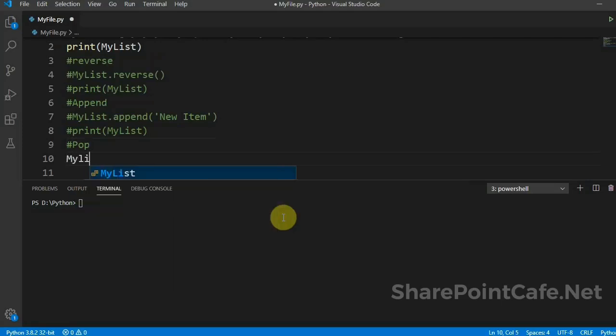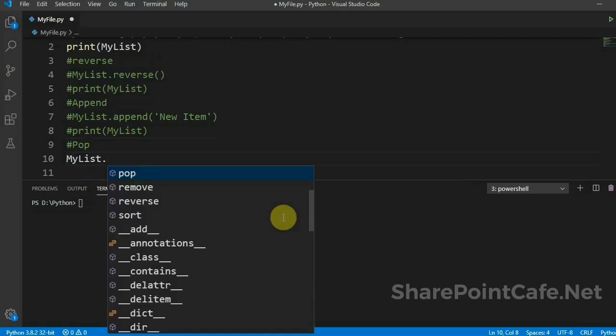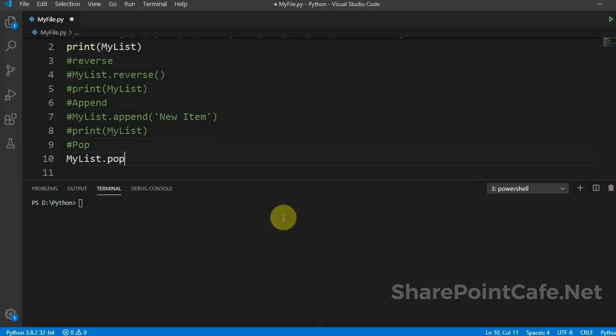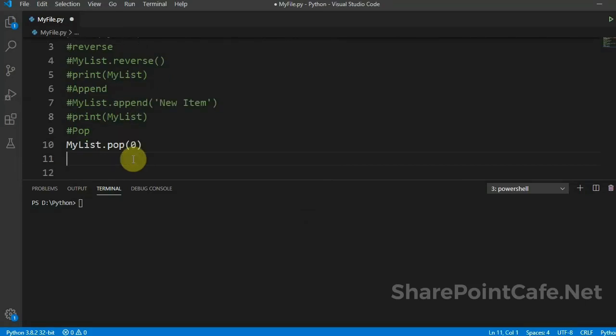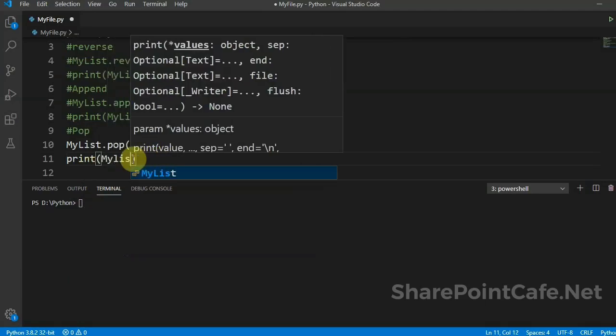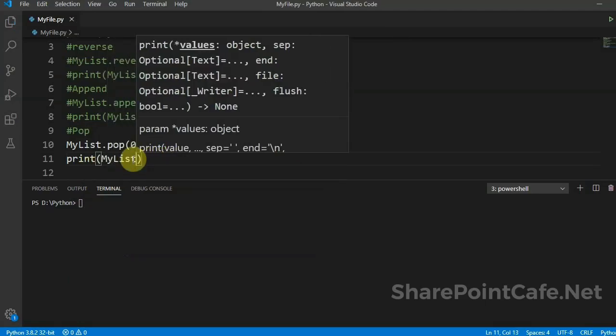Next we will perform pop operation on my list. So mylist.pop and then index number, for which index I have to pop the item from the list. Print my list.